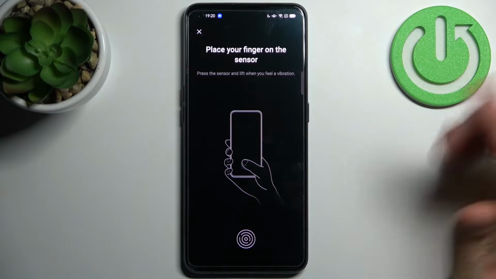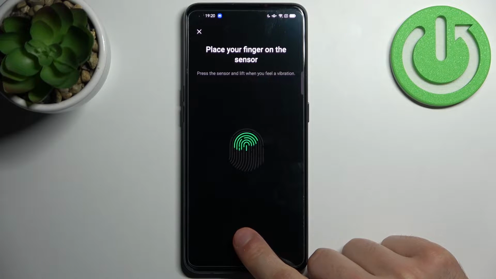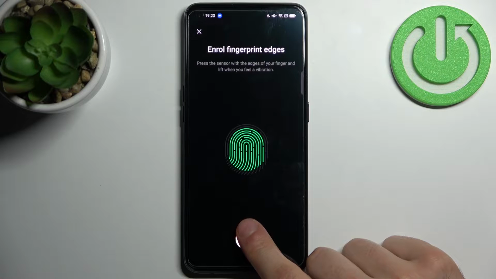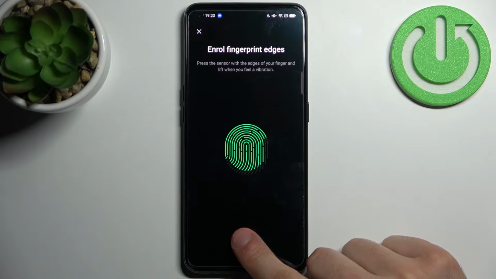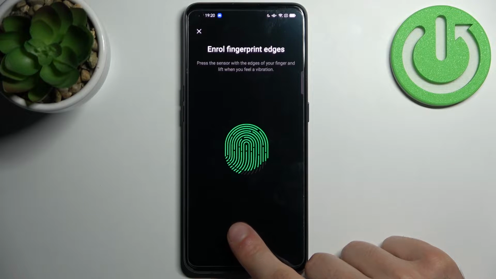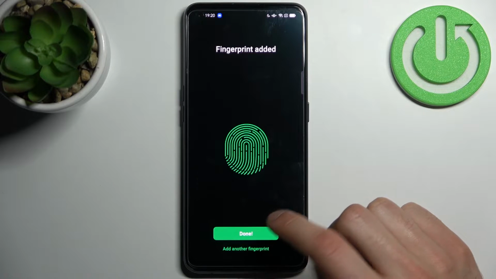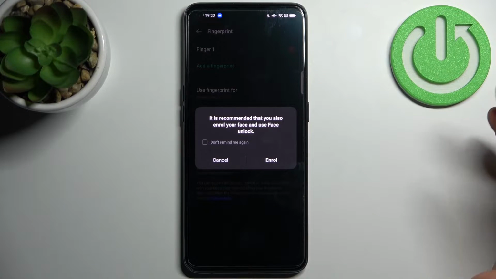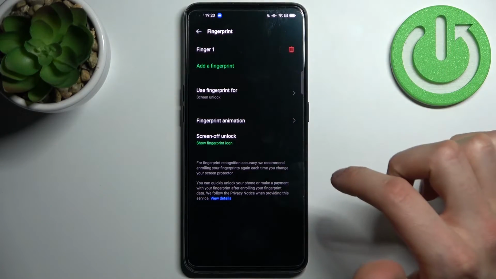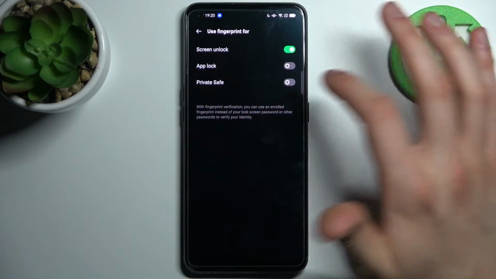Here you have a fingerprint sensor, so then you just tap on it with your finger several times until it remembers your fingerprint. And it's done. What you have to do next is when you're in the fingerprint section here, use fingerprint 4,